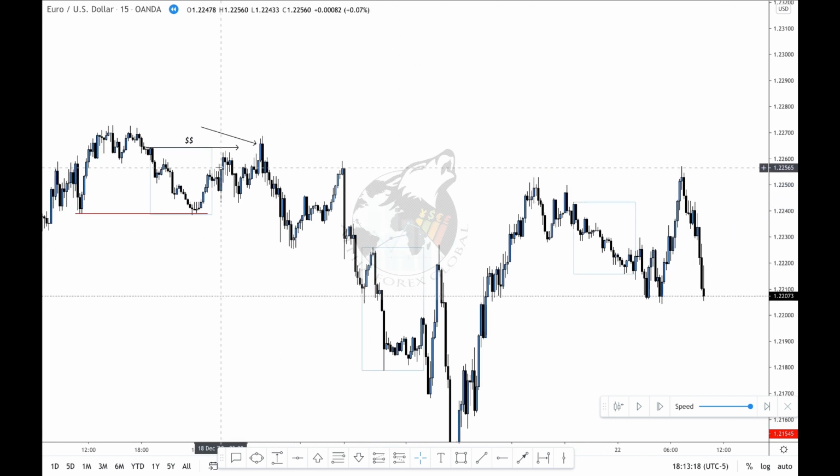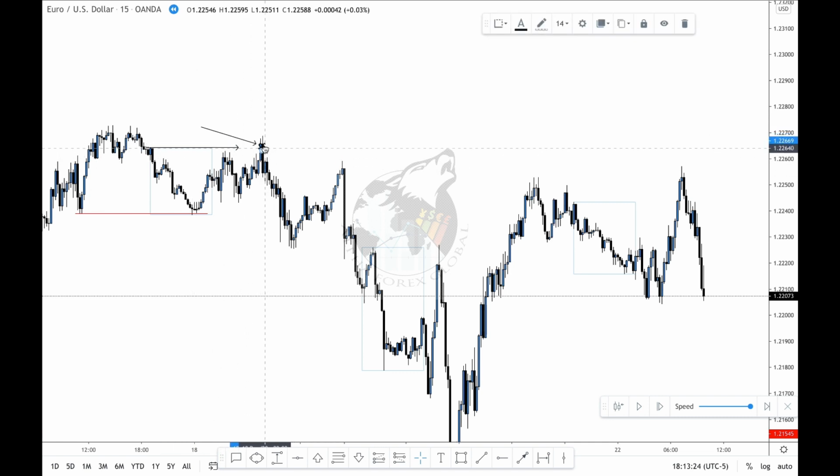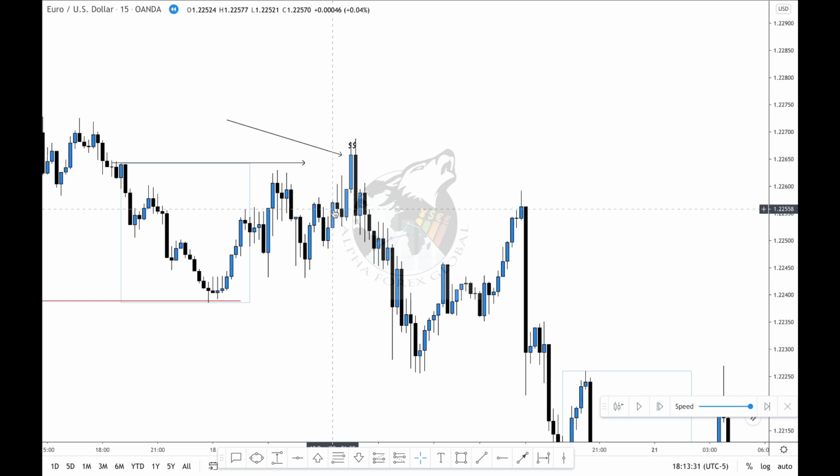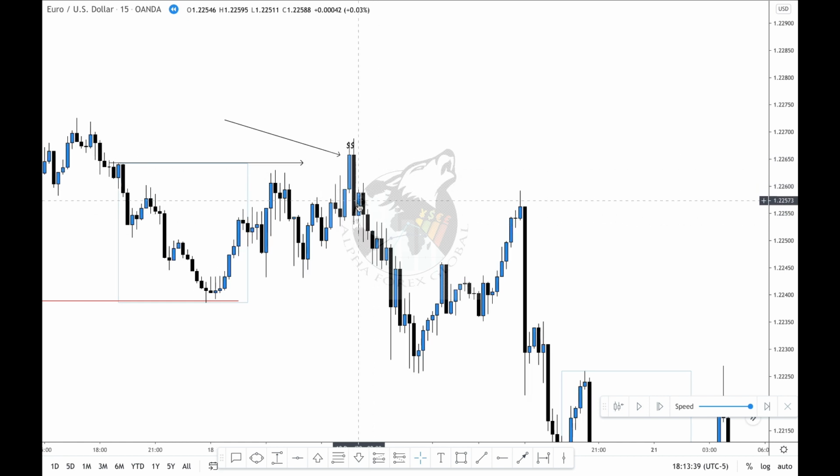So yes, market took out liquidity, so the money got transferred from this structure here to this order block right here, right? Now notice how this order block, the market came back to actually mitigate this sponsor candle, and formed a new order block right here, right? Boom, right here. So we formed a new order block right here,